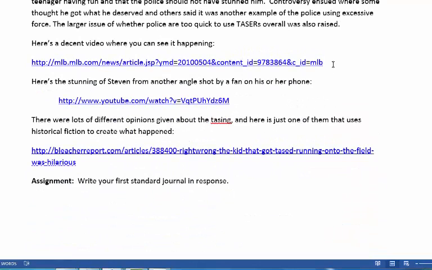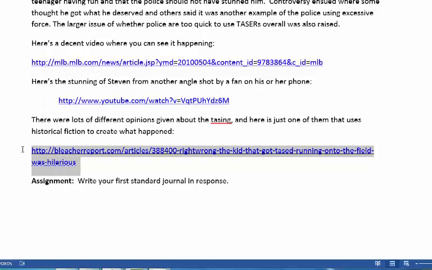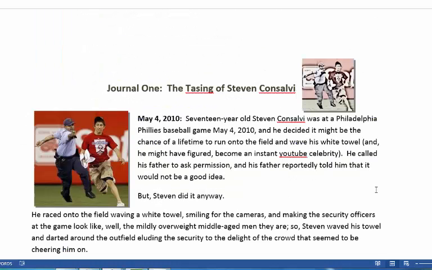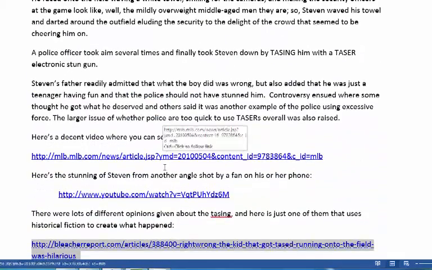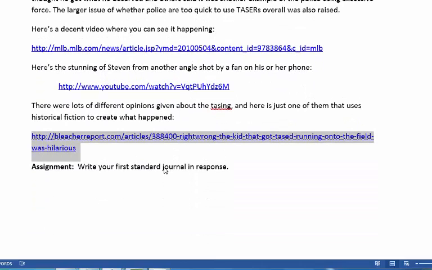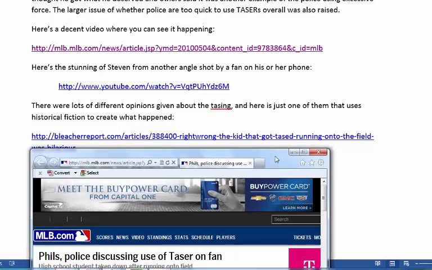And then what you have is a list of links. And these sometimes are links to videos. We'll actually watch one of these. And also 1, 2, or 3 articles. I try to give you about an hour or two's worth of material. And so your first job with journals is to read through them, watch the videos, and then you're going to write a standard response. If I were the student, typically what I would do is I'd click on the links,